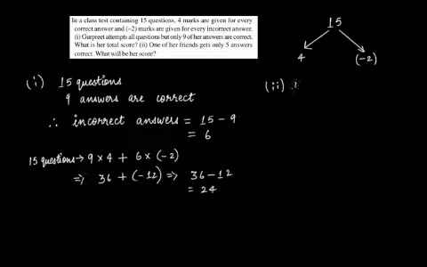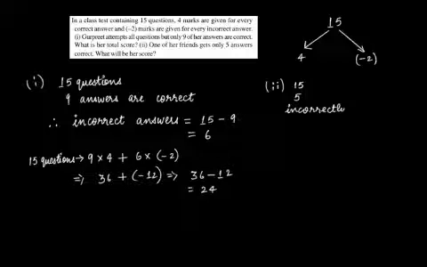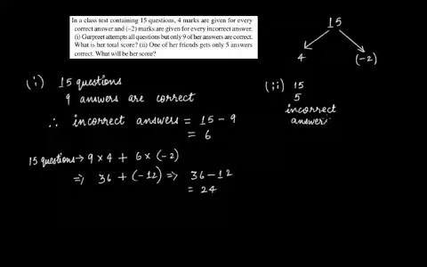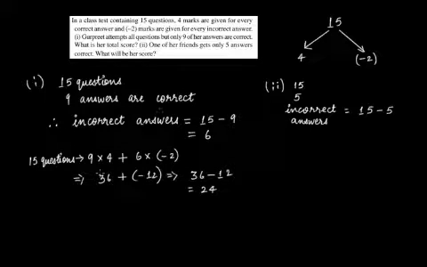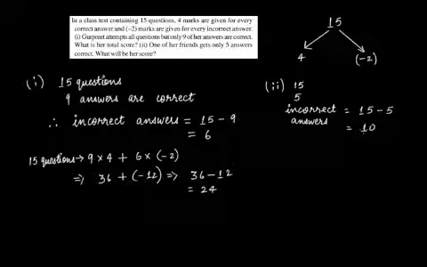So 15 is the total number of questions attempted and 5 questions are correctly attempted, therefore the number of incorrect answers or incorrectly attempted questions will be 15 minus 5, just what we did in the first part. This will be 10. So 5 questions were attempted correctly and 10 questions were attempted incorrectly,